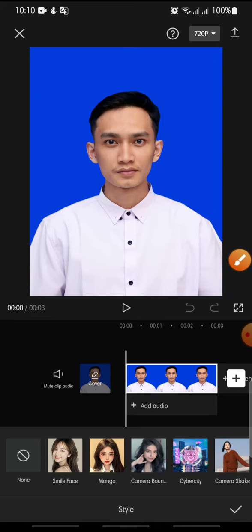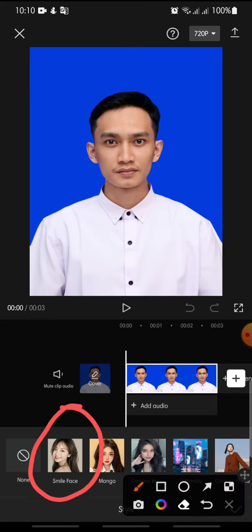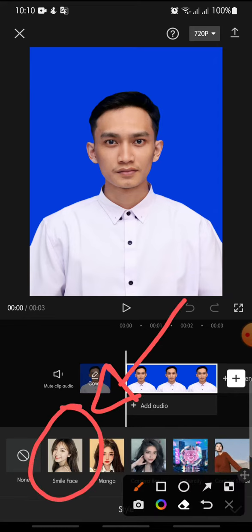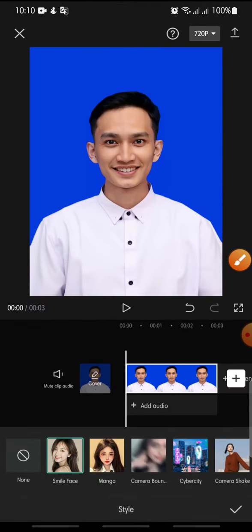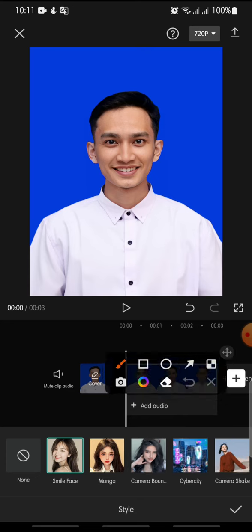And after this in here you can click on the smile face. This is the newest effect on CapCut, so you just click on it. And after this in here you just click on the check icon